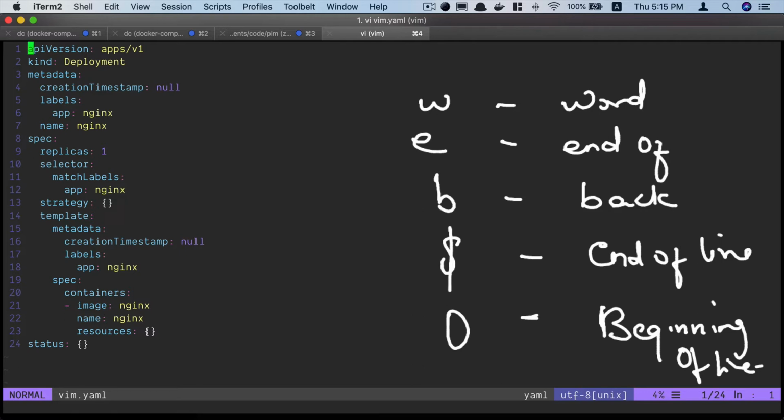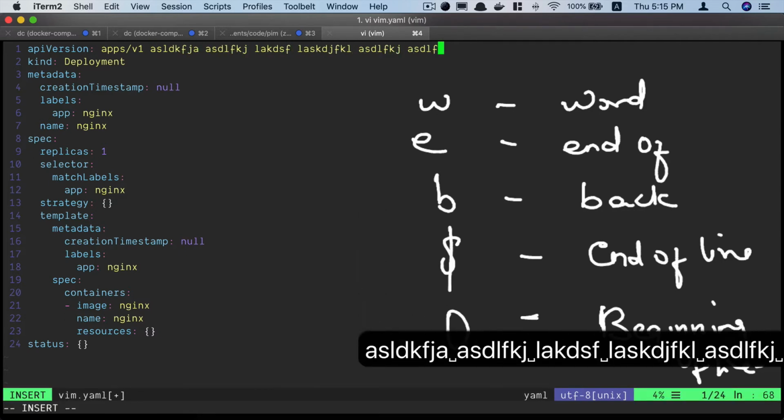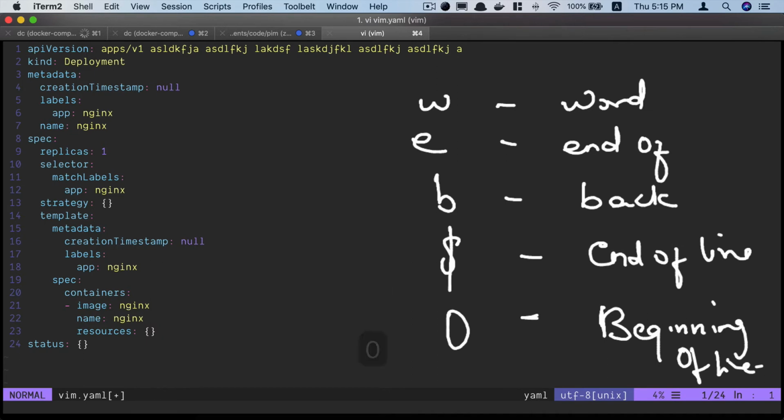So let's say I want to jump 2 words, I can just do 2w, and that again landed me on this word as opposed to this one. If you noticed, I actually used small w, so along with 2w, it acted as if I skipped 2 words. Let me type some more words here so it becomes clear. Okay, so let's say I want to jump 5 words. I can just do 5w, and I skipped 5 words and I landed on the first character of this word. Similarly, I can do 5e and I land on the last character of this word.